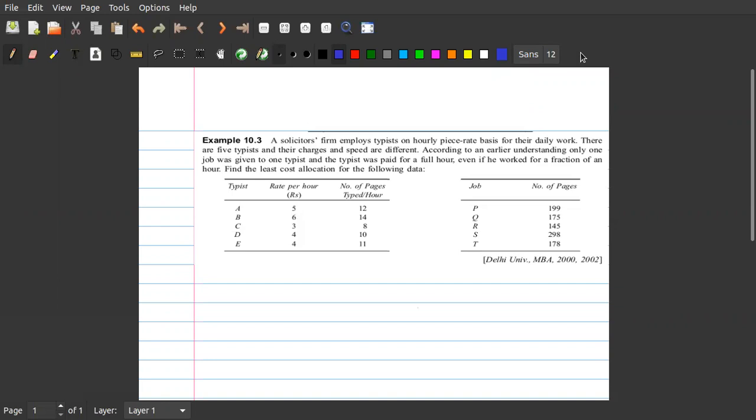According to an earlier understanding, only one job was to be given to one typist, and the typist was paid for the full hour, even if he worked for a fraction of an hour. For example, if A works for 1.5 hours, he will be paid 10 rupees. Why? Because his rate is 5 rupees, and he will be paid for the complete hour, not only for half an hour. So it will be 10 rupees.